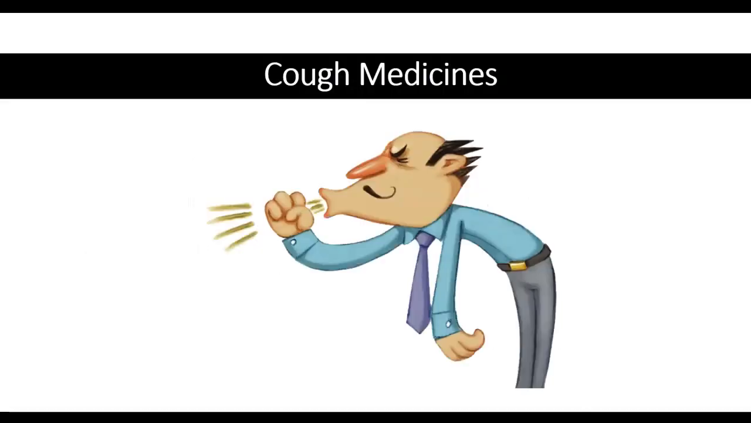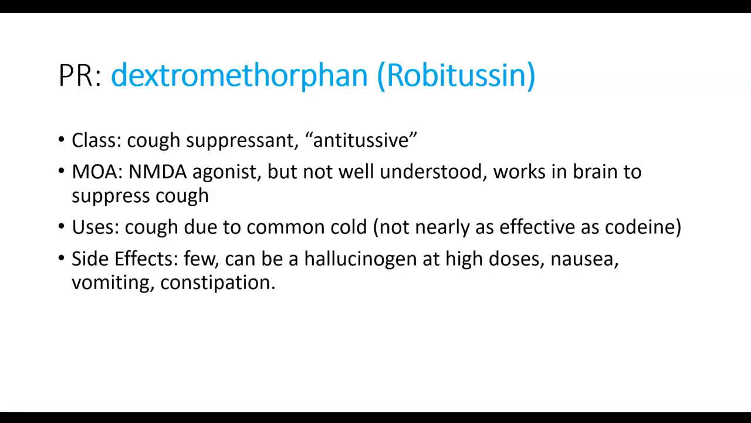Okay, now we're going to move on to cough medicines. And clearly when we talk about cough medicines, we're talking about cough suppressants. So remember, the other term for that is antitussive. The one that we'll talk about first is dextromethorphan. Dextromethorphan is commonly sold over the counter as Robitussin, and it is called an NMDA agonist, but honestly, we don't know why it works very well. We don't really understand its mechanism of action for suppressing cough,